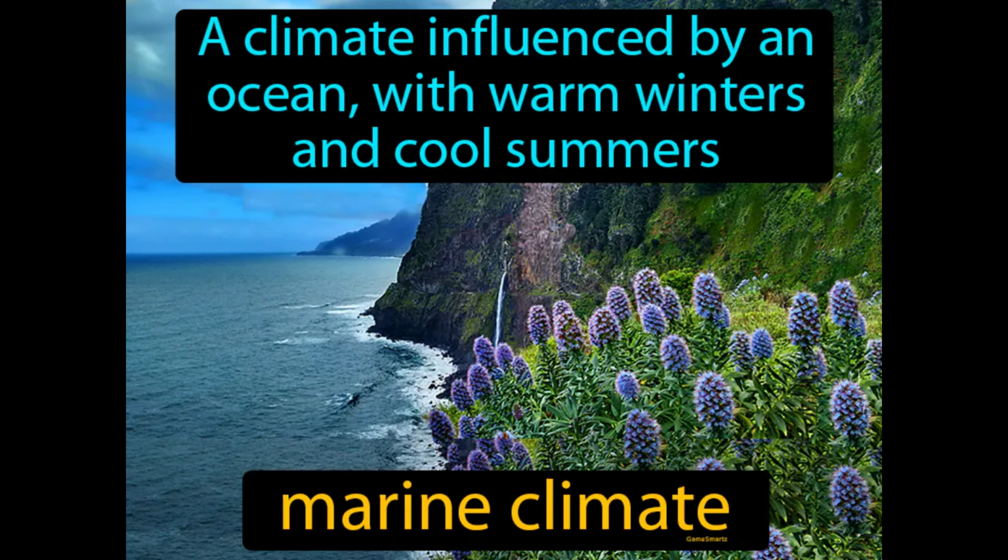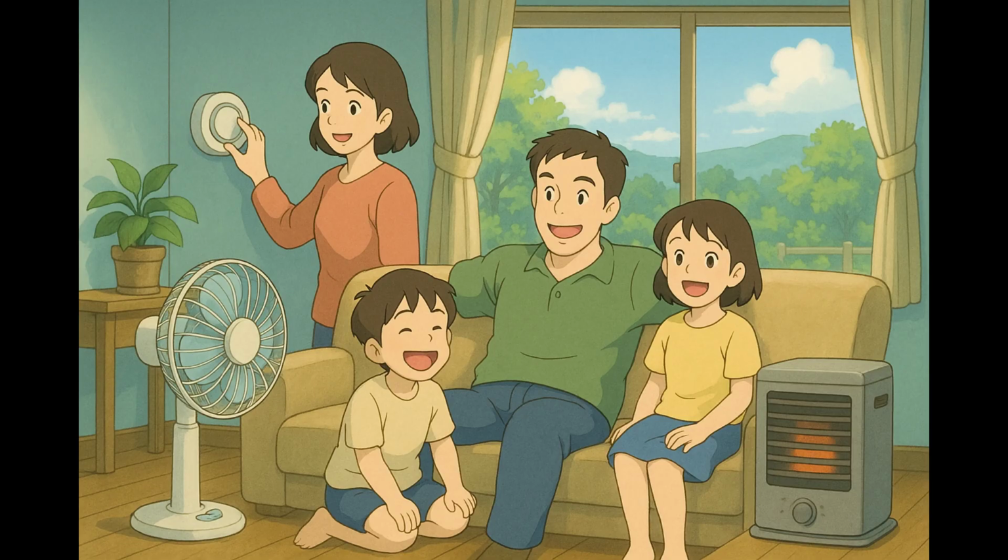A climate influenced by an ocean with warm winters and cool summers. Marine climate. A marine climate is where the ocean keeps temperatures mild and steady throughout the year. Imagine trying to keep the temperature of your home comfortable all year round using just one fan and one heater. Just as the fan and heater work to balance the indoor temperature regardless of the season, a marine climate is